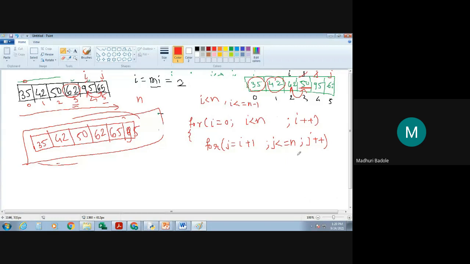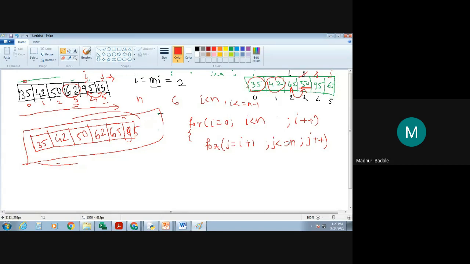Is it so? Because see, up to where is our jth index coming? Up to the last element. Here, look, it's n minus 1. So what is the value of n over here? It's 6. So it should be 5. Yes.